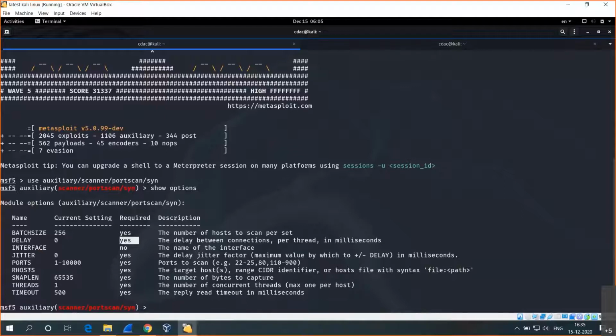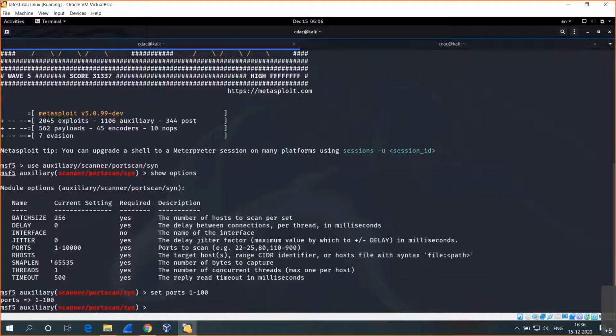And here our host is not available, and the ports that it is scanning are 1 to 10,000 ports. So we'll modify 1 to 10,000 to 1 to 100, because if we do the port scanning of 1 to 10,000, it will take a lot of time. If we scan any remote host, it might take 10 to 15 minutes, where we don't have that much time in this session. So what I will do is I will mention port as 1 to 100.